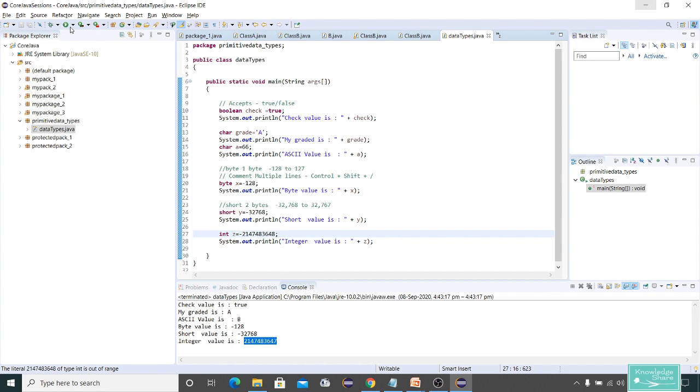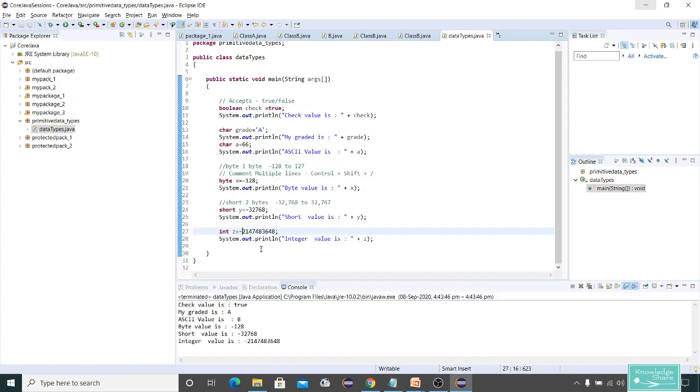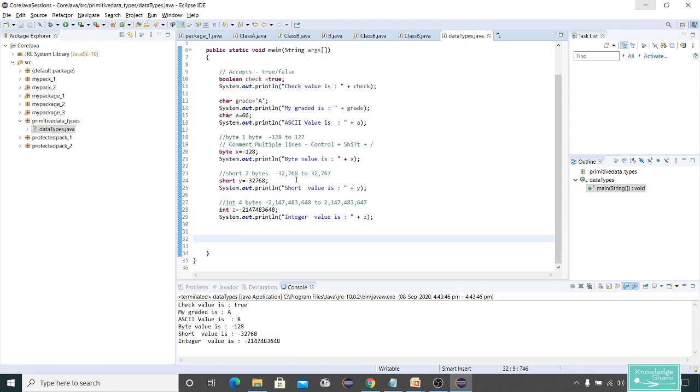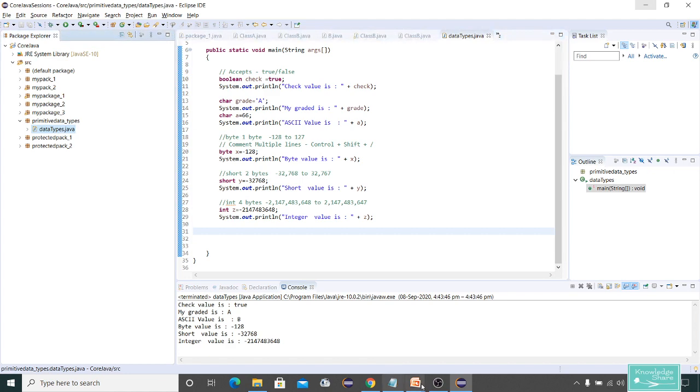Yeah, it's accepting, right? So this is how you need to store. You should not provide any double quotes or single quotes when you are storing numbers for byte, short, integer, or double. You should not be giving any double quotes.